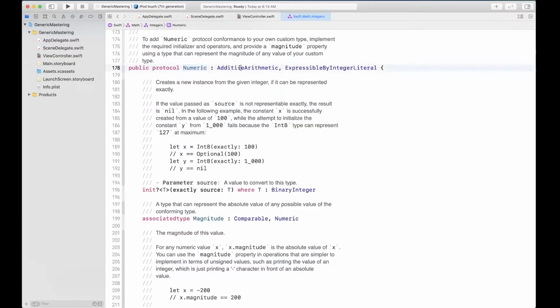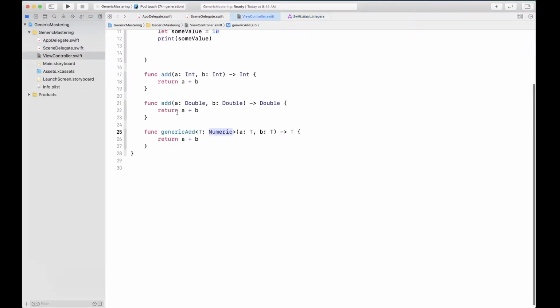So it actually takes additive arithmetic and expressible integer. So it actually makes it perfect for numeric operations like add, right? So how would you go on and use this generic? So let me create a function, use add maybe, and what we're gonna do is we're gonna create two add